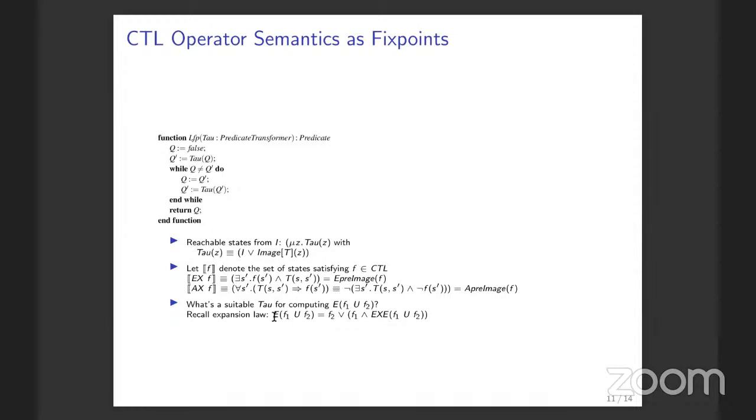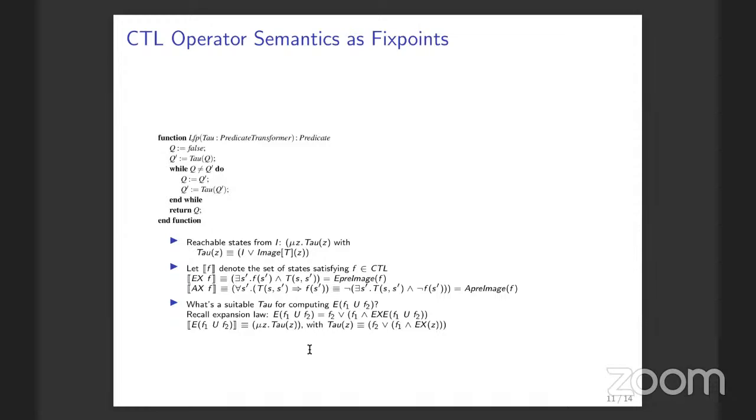So you define a tau. Here is the tau that I'm defining. The Z here takes the place of E F1 until F2. So this is a recursive equation. Tau Z is defined as F2 or F1 and EX of Z. And then the fixed point of this, which is what is denoted by this notation, will accumulate all the